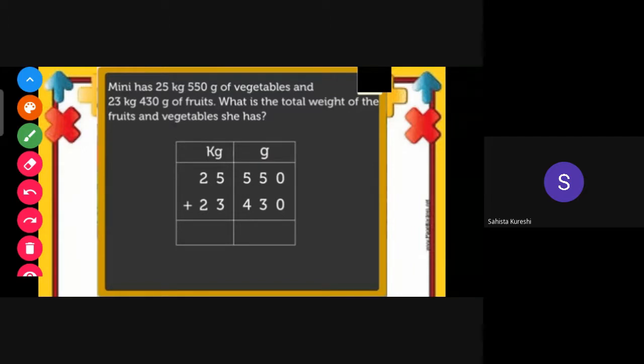Is Inshia present today or absent? Inshia, are you present? Yes, ma'am. Your doubt is clear, no? Yesterday you sent me that. In that table, first I had written 5, but then I made it 6 because by mistake I had written 5 there. That's why it was looking like that. Yes, ma'am.